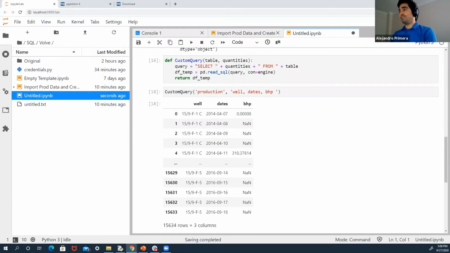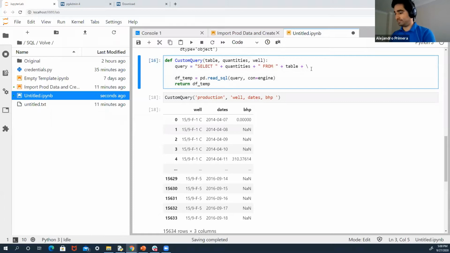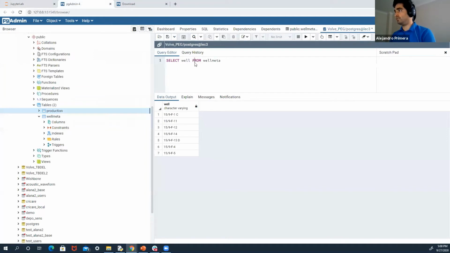Okay. If I can be even more specific, and let me just do this, I'm going to add just a well name, and apart from the table here, I want to bring the data. I want to do this. I want to bring, let's say, the well, dates, oil volume from production, where